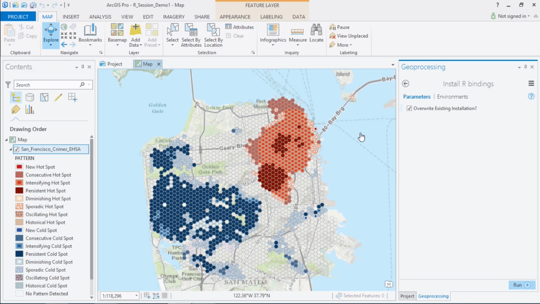So this is allowing me to get a sense for where I have locations that have statistically significant increases in crime over time. So for example, these deep red hexagons here. These are locations that I know for a fact that crime over time is increasing, and that trend is statistically significant. Now, why is that relevant? Well, if you're a police department and you want to know what areas you might need more resources to, this